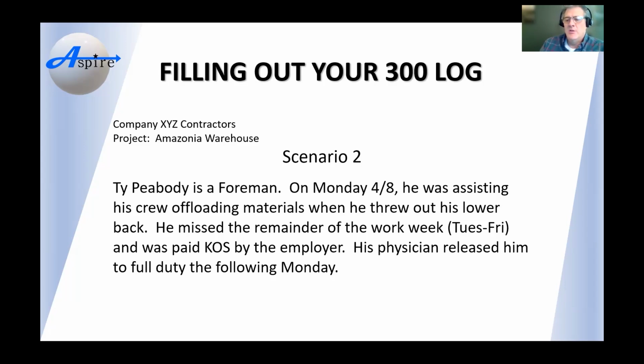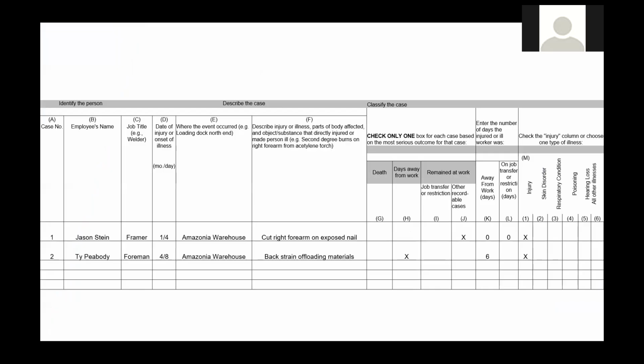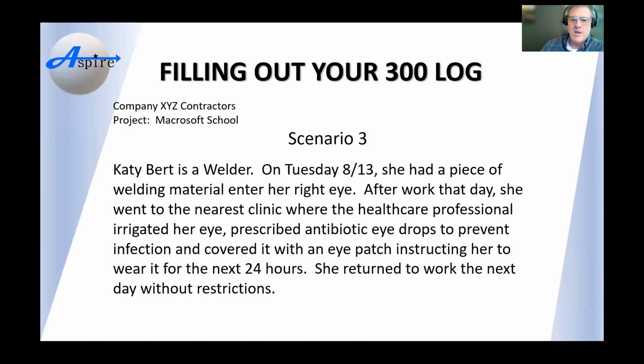Okay. So what does that look like? How many days? Somebody tell me how many days we're going to put in column K. Remember, the injury's on Monday. He's back to work the following 6 days. You're spot on. 100%. That's what that looks like. So we classify that into H because we have missed days. We enter 6 in column K because we count Tuesday, Wednesday, Thursday, Friday, Saturday, and Sunday. Okay, because we count calendar days. Back to Matt Hicks' point, yes, you count Thanksgiving, you count Christmas, you count everything. And then we classify this as an injury. Okay. Next scenario.